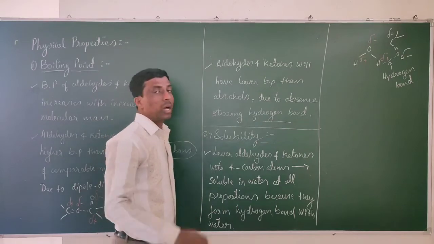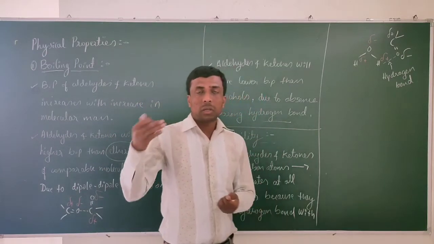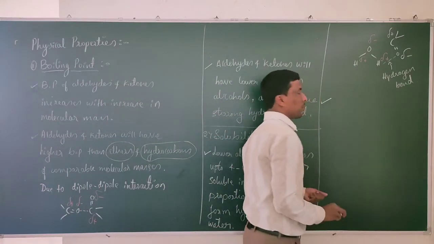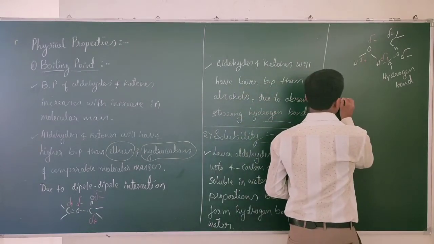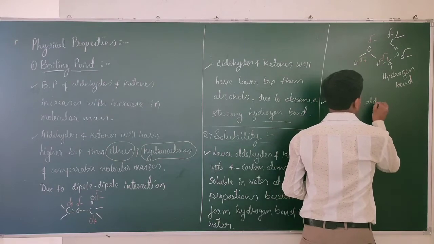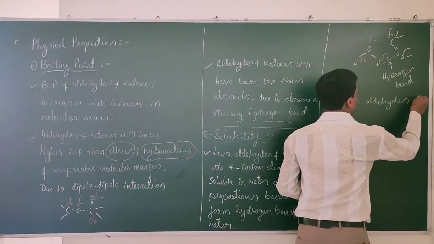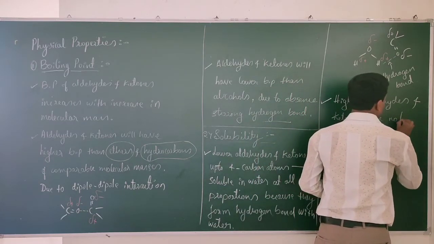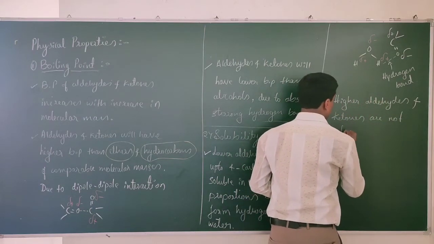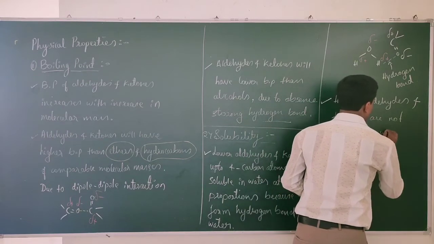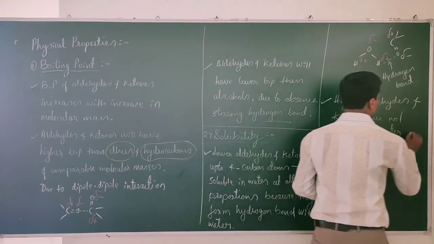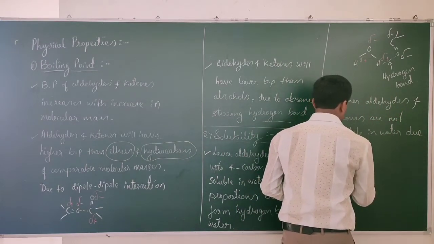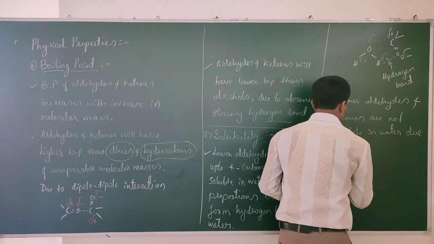Next question is, what happens to the aldehydes and ketones with more than 4 carbon atoms? That is the question now. Second point, the higher aldehydes and ketones are not soluble in water due to bulky